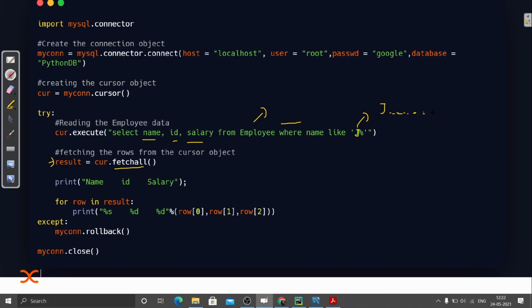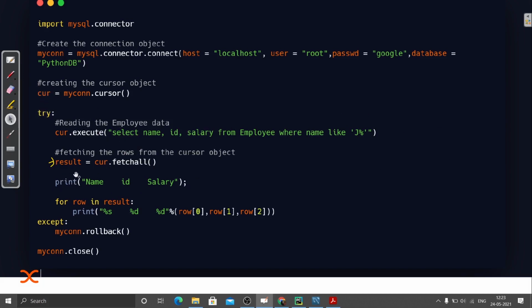So that's how you add this condition in SQL. Any name starting with J, you can write like this, or 'A%' means starting with A, 'B%' means starting with B, and if you write '%B', that means ends with B. That's very simple. That's some basic concept of SQL.